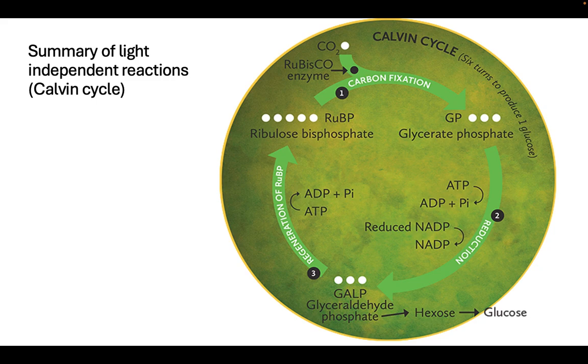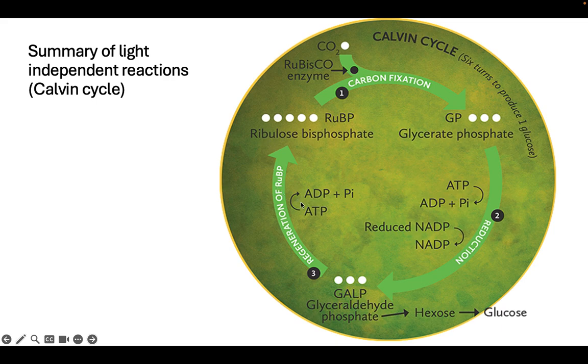Glyceraldehyde phosphate. Yeah, I'm sure you can do better than me. So this compound is really the one which photosynthesis is really all about. This is the compound which is then used as a basis for producing glucose. So some of this compound is going to be taken out of the cycle to produce glucose, and some of it is going to stay within the cycle